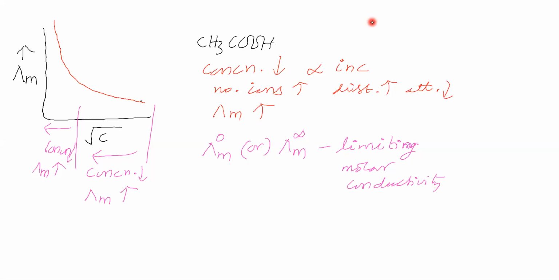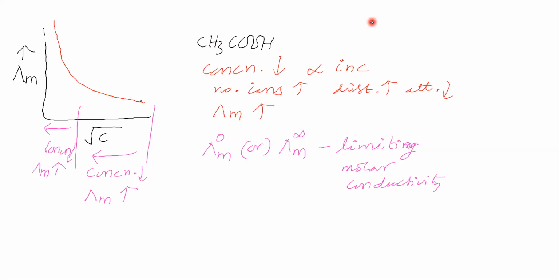Now you say, can we get limiting molar conductivity for weak electrolytes using a graph? Now see this point. Limiting molar conductivity we cannot get experimentally for strong electrolytes. We can get it only by using a graph, even that is for strong electrolytes. Now, can we get limiting molar conductivity for weak electrolytes using a graph?